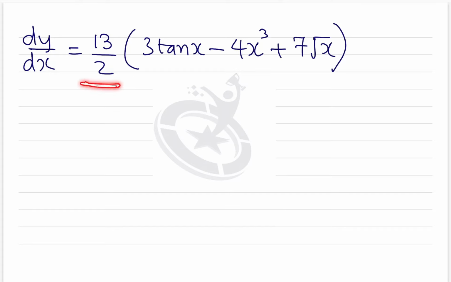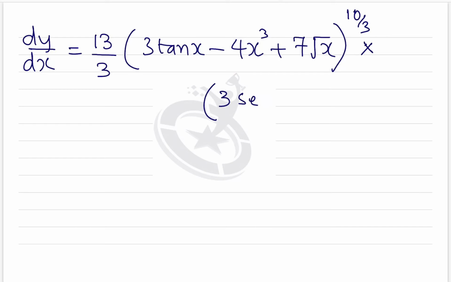The formula is n into f of x raised to n minus 1. So 13/3, the whole f of x raised to 13/3 minus 1. So here you get 13/3 minus 1, right? So 13/3 minus 1 becomes 10/3. So you can directly write here 10/3 into derivative of the bracket. You know? So you can write the derivative directly now into the derivative of the bracket.